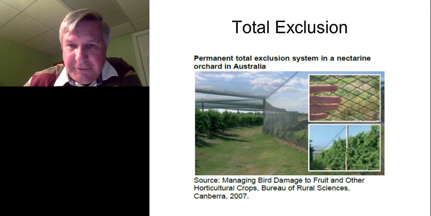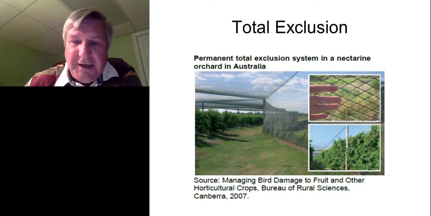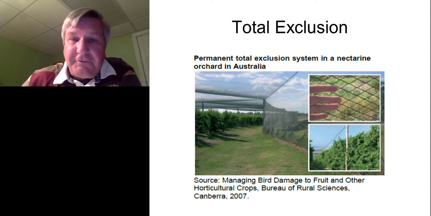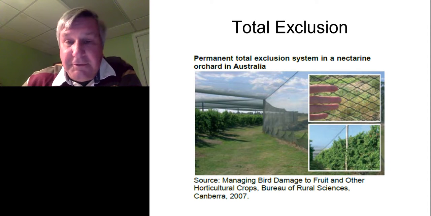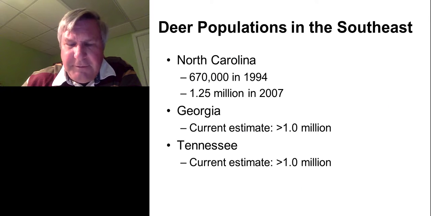Here's another example of total exposure. This is a nectarine system in Australia, and you can see how expensive this would have been to install, and it's up high in the air, but yet it would allow workers to get underneath there for harvesting and cultural treatments. So a variety of different ways to install netting, from simple and temporary to quite elaborate, as you can see here. If we leave birds behind and move on to deer,